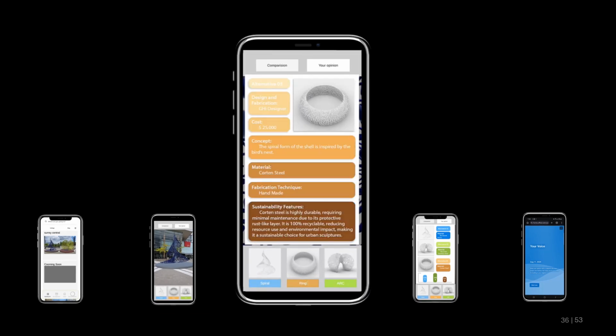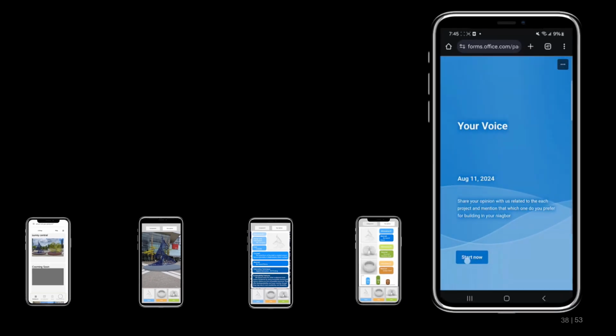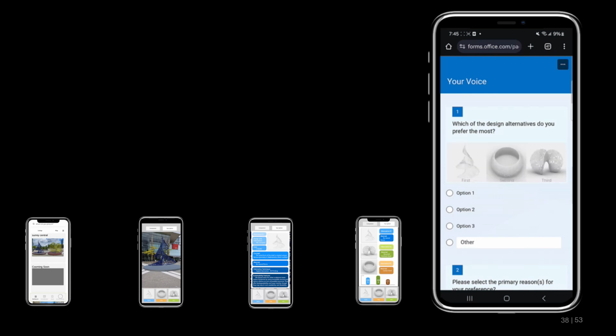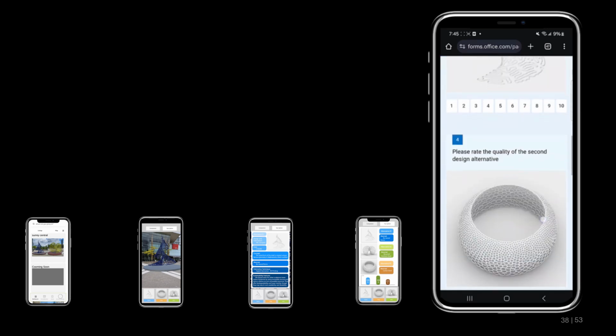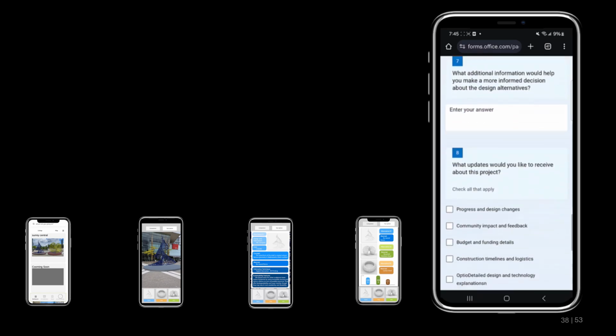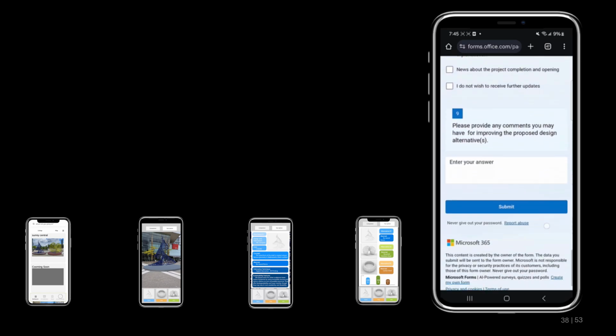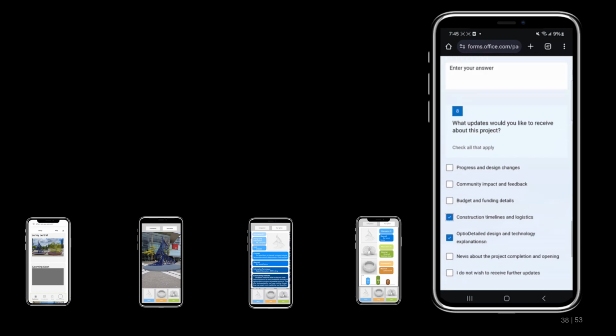Here, they have an option to explore the performance metrics related to each proposal. And we added a feature to compare all performance metrics together as one integrated feature. At the end of the session, by using these features, participants can share their feedback by answering various types of questions, from ranking to open-ended ones, allowing them to express and share their ideas about each design proposal.